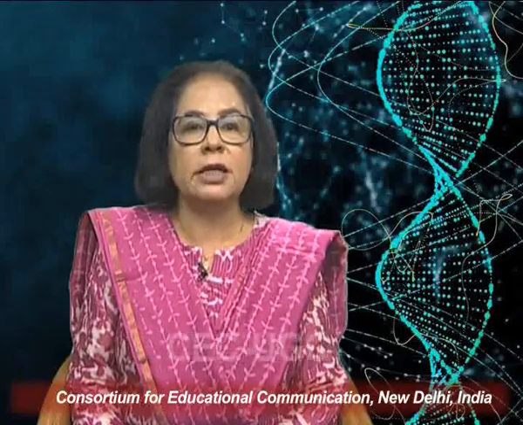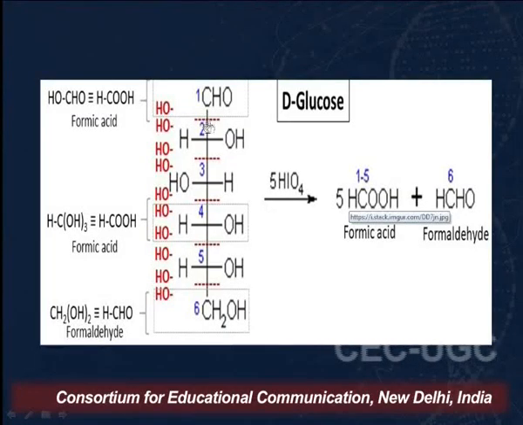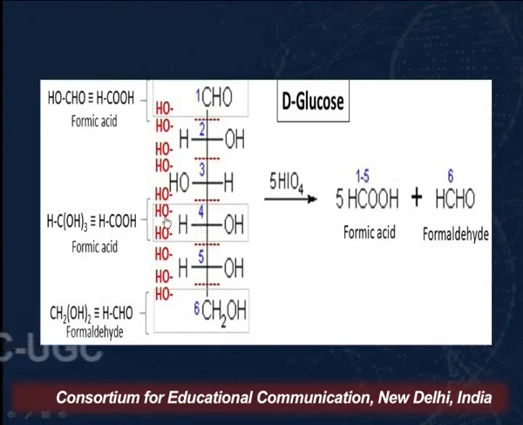Now on the screen you can see I have shown that this CHO group will undergo 1 oxidation, so that means we are adding 1 OH here. Now this CHOH is sandwiched between 2, so it will react with 2 H. It will undergo oxidation twice, OH on one side and OH on the other side. Similarly, this will also undergo oxidation twice. The 4th will also undergo oxidation twice, the 5th will also undergo oxidation twice, and the 6th one will only undergo it once.